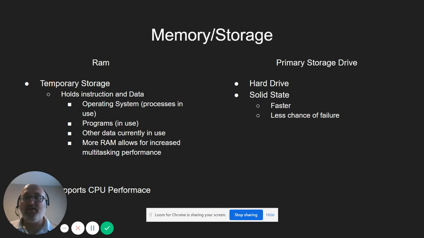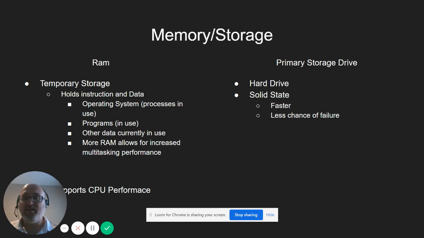Then we have memory. So we have 2 different types of memory. You have your primary storage, which is needed, and that's going to be your hard drive. Now we have 2 different types. We have the old mechanical drives, which have many moving parts inside, and then we have a solid state drive. You'll see SSD when you're looking for specs. The SSD is faster, with less chance of failure. There are no moving parts. And then we have your RAM, which is your